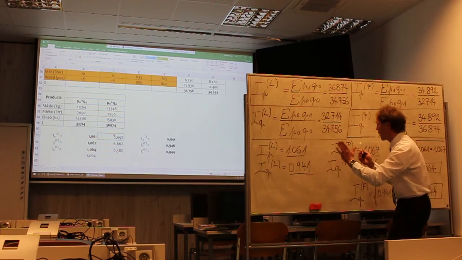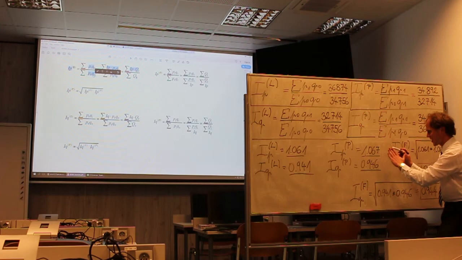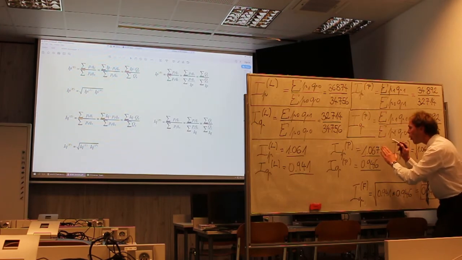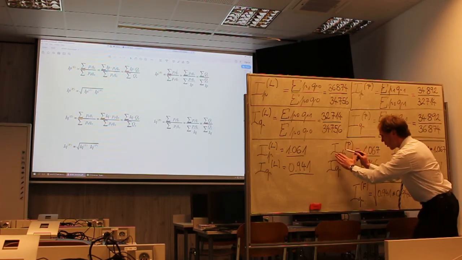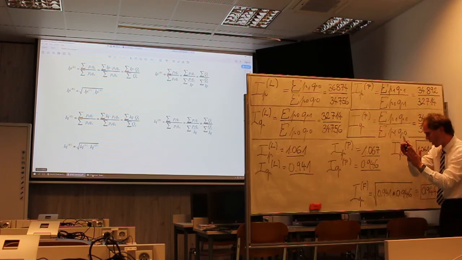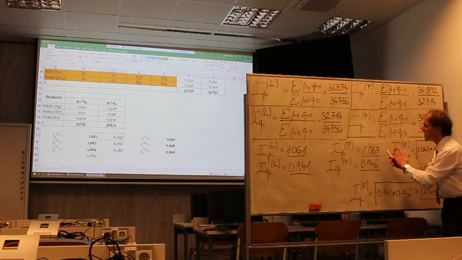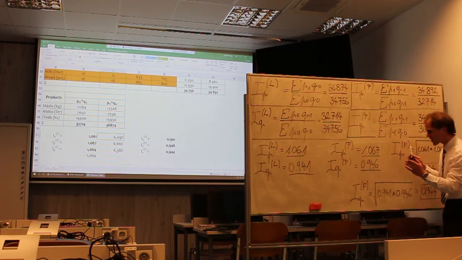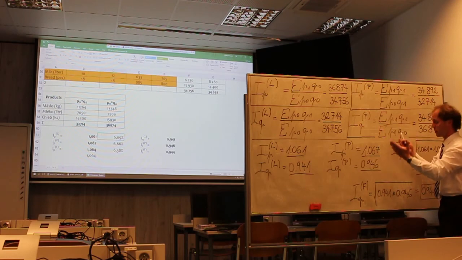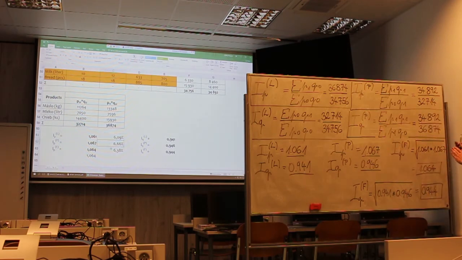Paasche price index says that your prices increased between year 2000 and 2001 by 6.7% with fixation of sales in the current period, and the Fisher price index